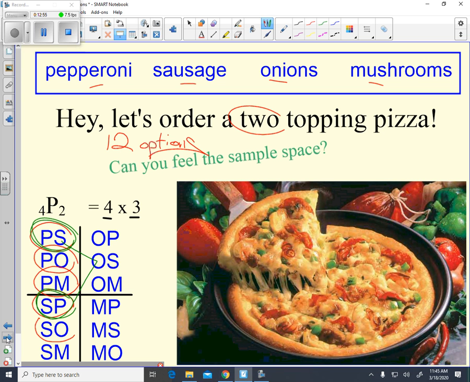So I think in this scenario, we cannot do 4 permutation 2. Can't do 4 permutation 2 because order doesn't matter. And in permutations, order matters. So I don't think there's really 12 options either. So how many options are there? Come on, think about it. You know it's not 12. It's actually,